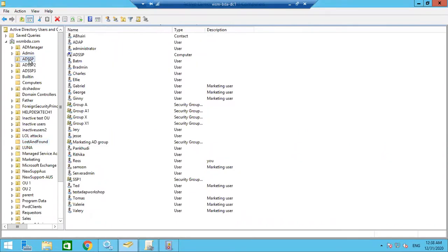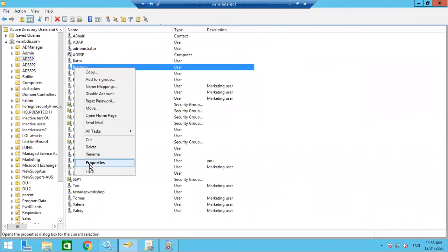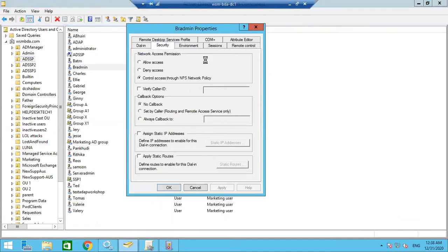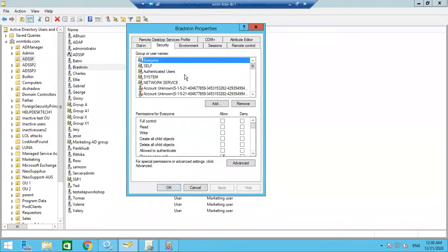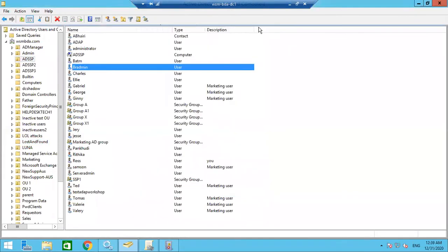Let's say I want to find out what privileges Ross has over certain users or over certain groups. I have to right click on a user, again, properties, head into the security tab and find out Ross's privileges, right? Now, this may look like an easy method, but when it comes to an enterprise environment with many, many OUs, with thousands of users and groups, this process is not really feasible,